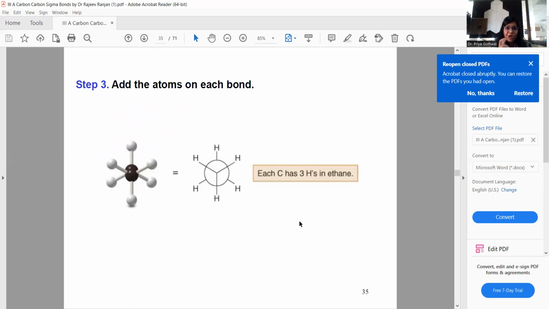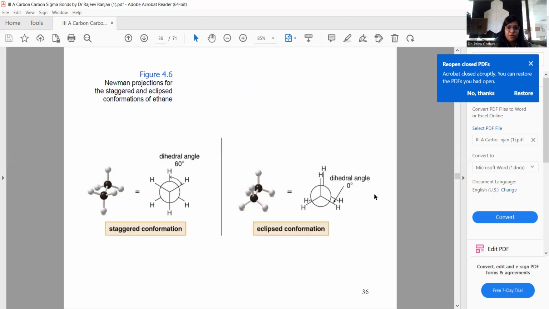Step 3: add the atoms to each bond. These hydrogen atoms are visible in this Newman projection formula. Each carbon atom has 3 hydrogens in ethane. So this is a Newman projection formula. In the figure, the Newman projections for the staggered and eclipsed conformations of ethane, we can see that in the staggered conformation the dihedral angle is 60 degrees, and in the eclipsed conformation the dihedral angle is